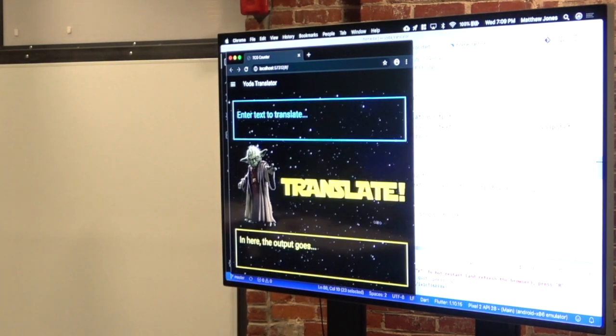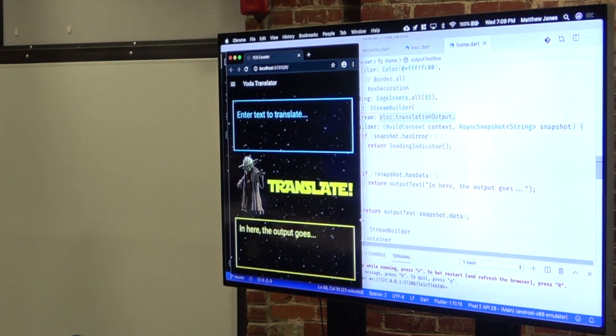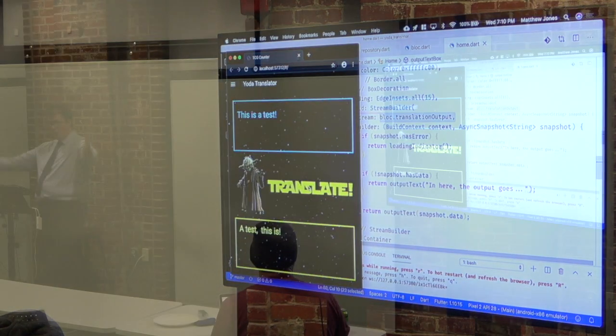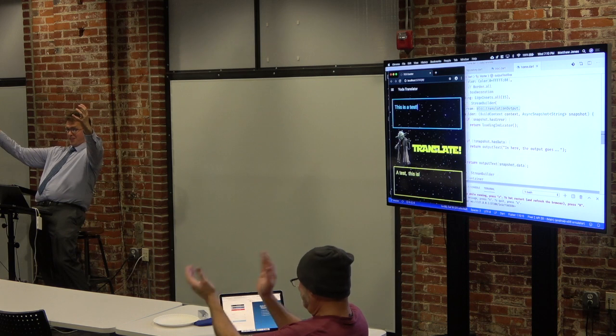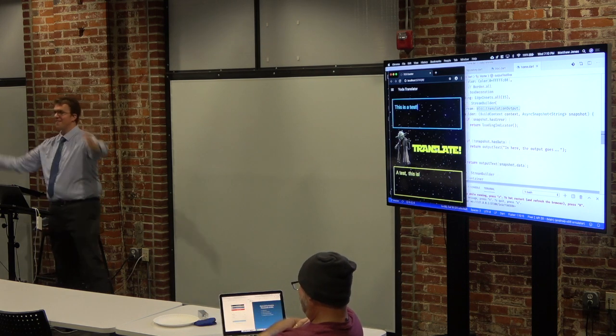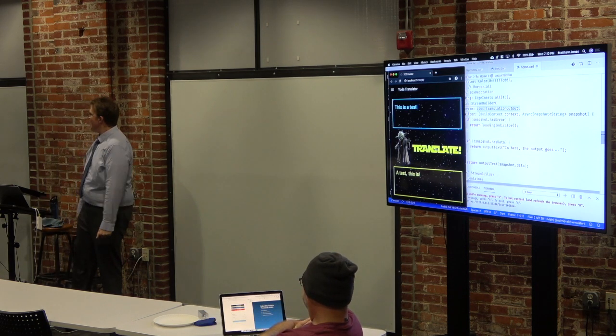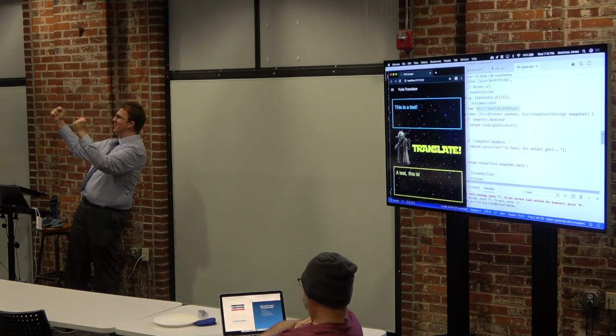So there we go. Now, obviously, there's things we can do. We can get the screen width, and we can do things to adjust the layout for wider screens. But here it is on the web page, and we hit the translate button. We get the spinning circle. Oh, it worked! The API lives! Hallelujah! Thank you, Rapid API, for not making me look like a total idiot.